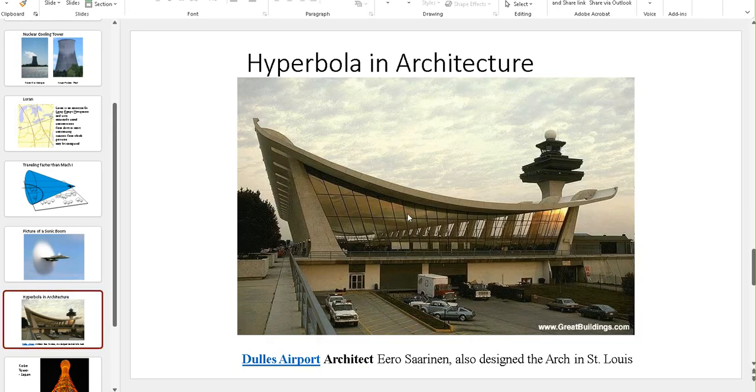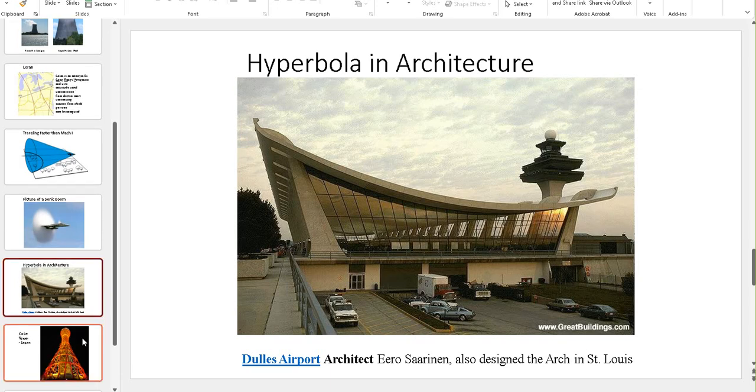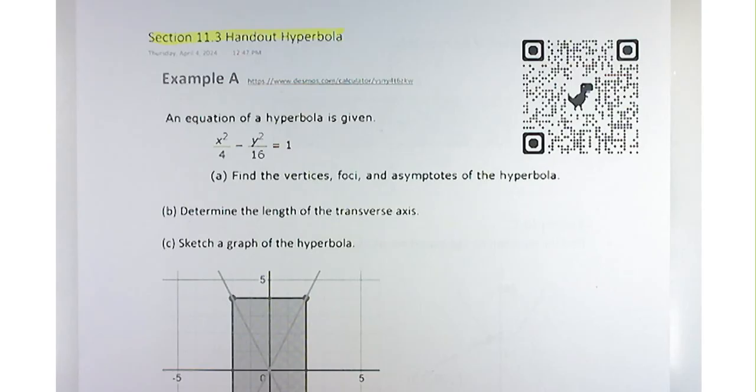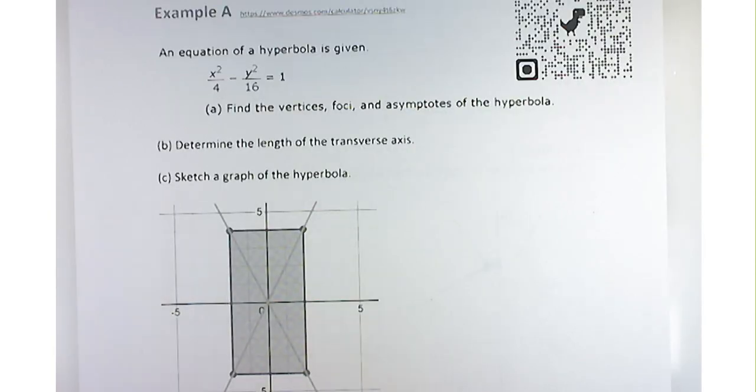The roof of Dulles Airport in Washington is one branch of a hyperbola, which is kind of weird. Same architect that designed the Arch of St. Louis, and the Kobe Tower in Japan is a hyperbola rotated around an axis. So lots of places you'll see it. Probably, at least to my mind, not quite as abundant as, say, for instance, the shape of a parabola, but